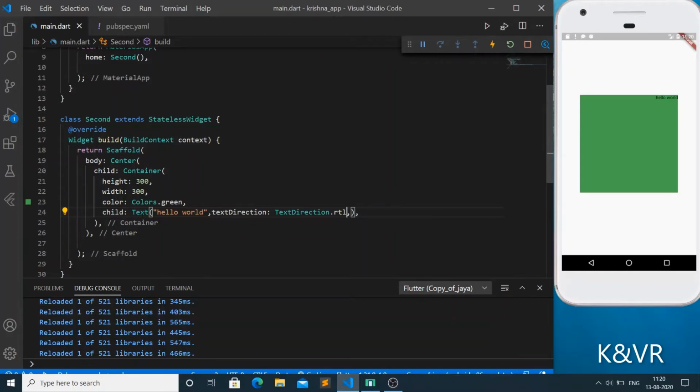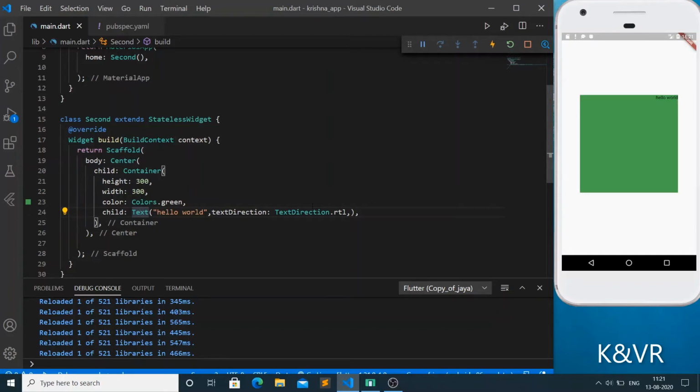That is working. So here we also use padding. Padding is nothing but the distance between one widget and another widget, from the outermost margin. Means the distance between one container to another container to the outermost margin is called padding.